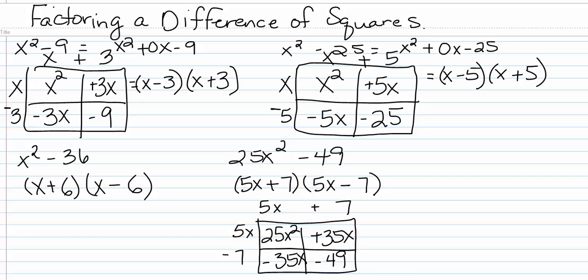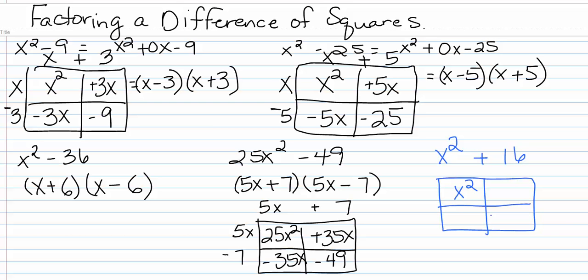Some students want to assume that if this works for a difference of two squares, it'll also work for a sum of two squares. So let's give that a try. x squared plus 16 instead of x squared minus 16. And I know I need an x squared and a positive 16, x and x. 4 times 4 is what gives me 16. In order to get a positive, though, they both have to be positive. And this adds up to 8x, for a total of 16x in the middle, which I do not have in